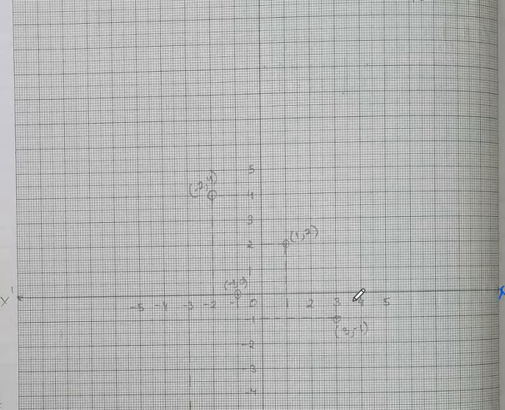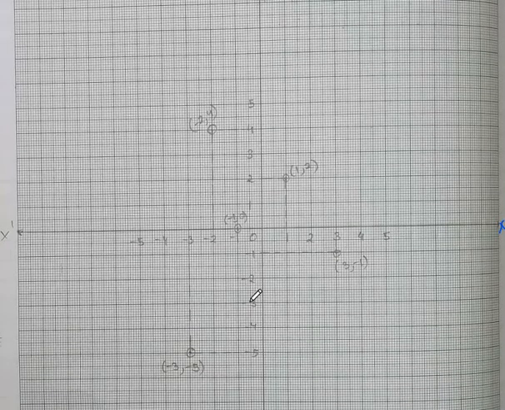Right after the origin, x is positive. On the left side, x is negative, you know that. So here you can mark 1, 2, 3, 4, 5 at the clear places. Here also minus 1, minus 2, minus 3, minus 4, minus 5. Upside, y is positive, so 1, 2, 3, 4, 5. At the bottom, y is negative, so minus 1, minus 2, minus 3, minus 4, minus 5.